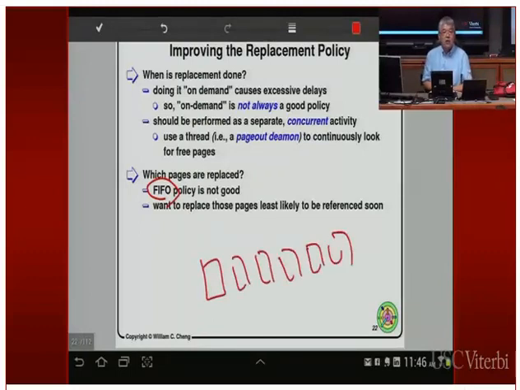We're going to sort them according to the timestamp at which these pages were brought into the operating system. And we're going to say the page that was brought in first is going to be the first one that we swap out. All right, is that a good policy? No, right? Because in the beginning you use a lot of kernel pages, and you're going to keep using them for your kernel. So you don't really want to swap pages out just because they came in first.